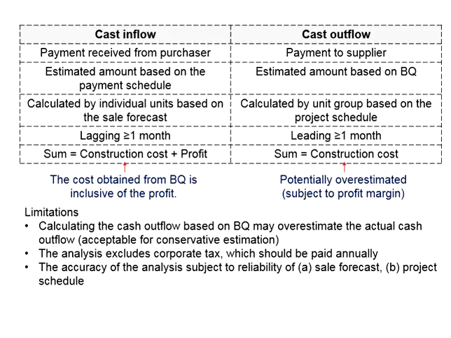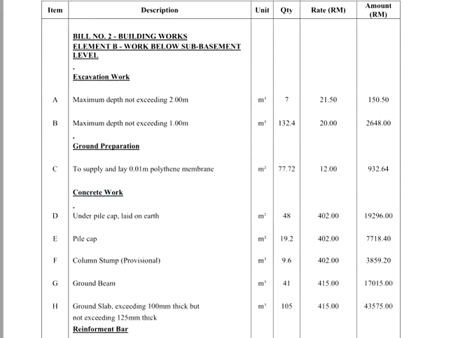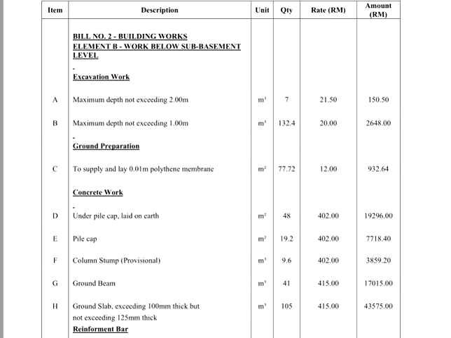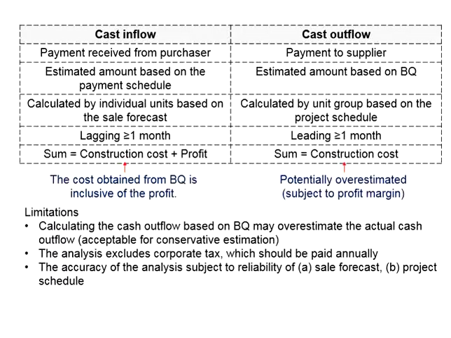As for the cash outflow, the estimated amount shall be based on the bills of quantities. By referring to the bills of quantities, there are discrete items where the quantities are specified. The rate and the amount shall be confirmed in the contract document. You may refer to the details in the bills of quantities together with the project schedule for you to compute